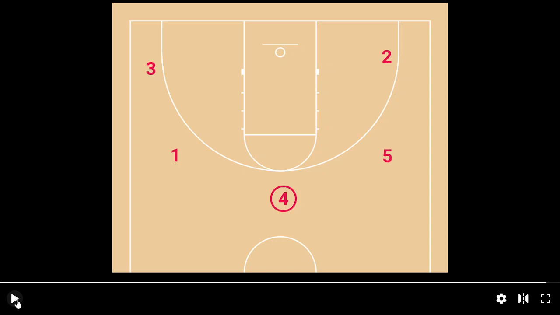And one very clear thing to remember is you need to make a cut to the basket as soon as you make a pass. And a rule of thumb to remember where to go if during the cut you couldn't get the ball: if you pass to the right-hand side, you will end up on the left corner, on the opposite corner. If you pass to the left-hand side, then you will end up on the right corner. That's a very easy rule of thumb to remember and will make the